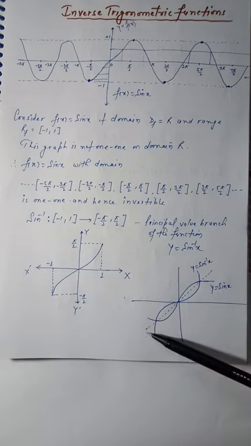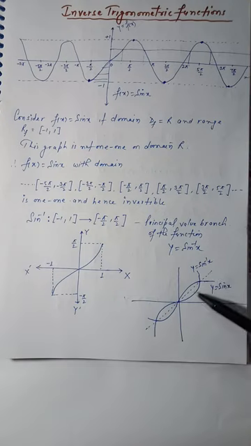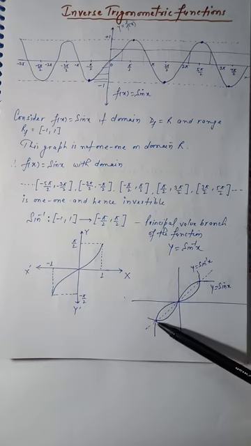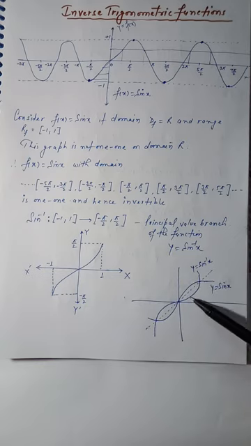It means when we assume that this y is equal to x line, which is the dotted line, is the mirror, then y is equal to sine x and y is equal to sine inverse x are both mirror images. Now you can see this is the original sine function, and this is the inverse of sine. So inverse functions are always mirror images of the original function about the line y is equal to x.